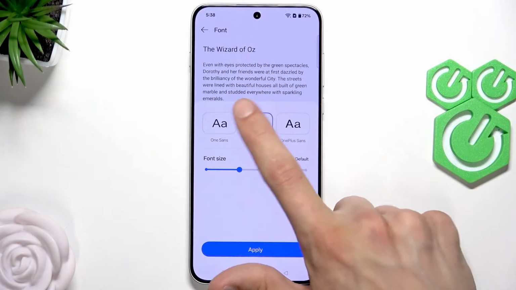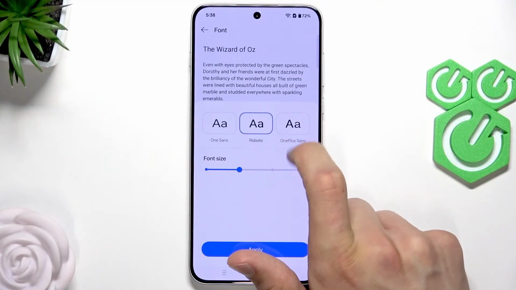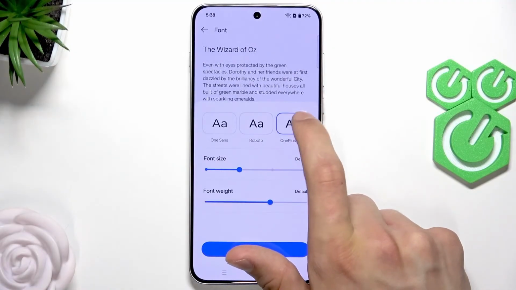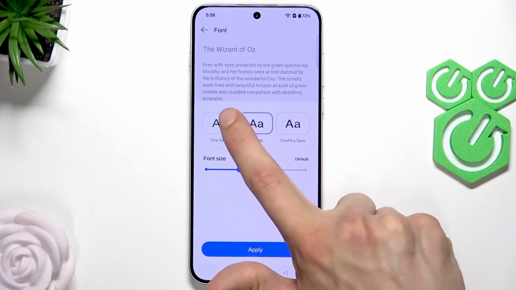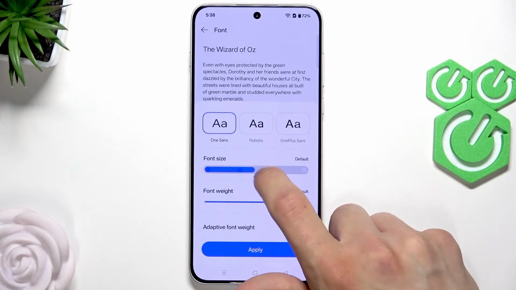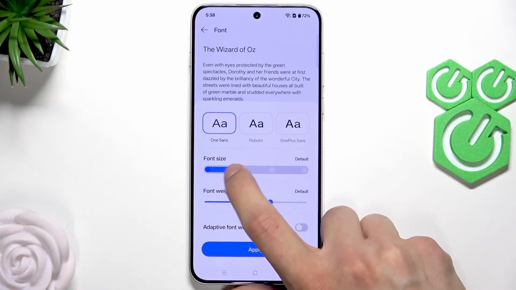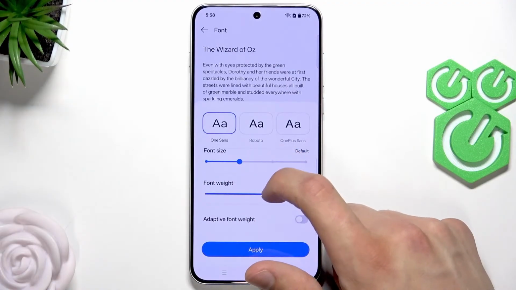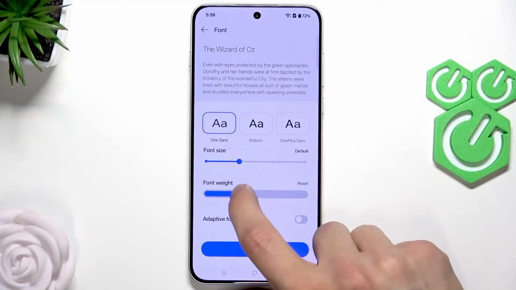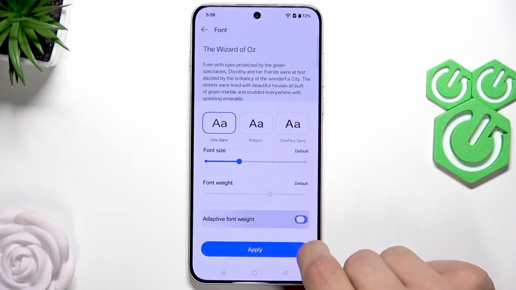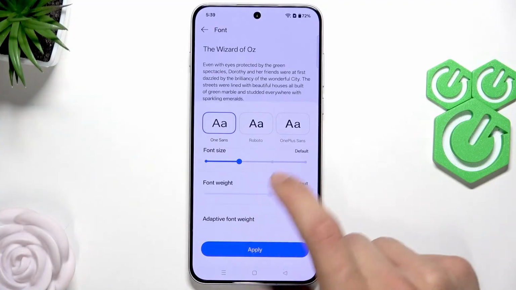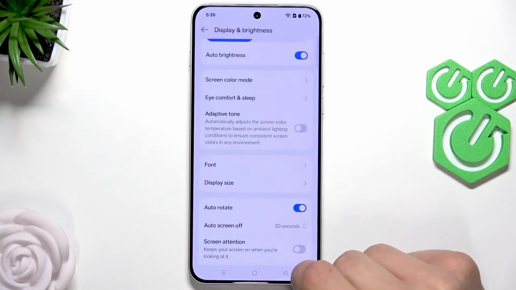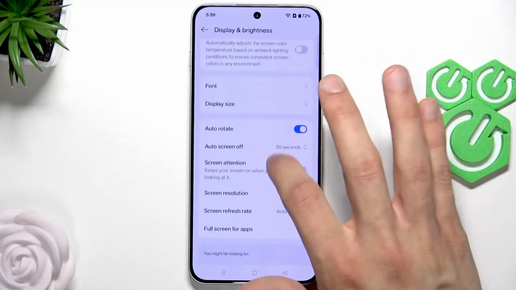You can also select a different font or go for more fonts if you like. Each one has different settings, so you can not only change the size but also change the weight of the font and also make the font adaptive, if you will, by switching the toggle. And once you're happy with your settings, you can select apply, and then